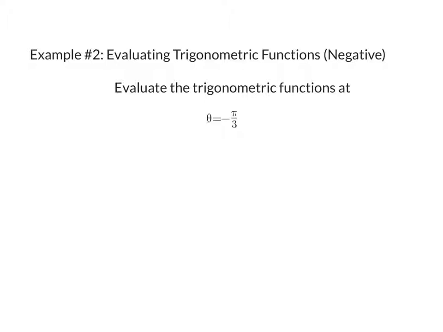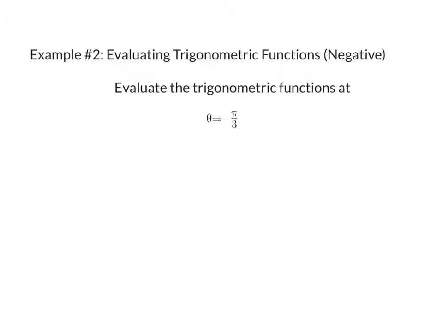So in example 2, we're going to evaluate the trigonometric functions at theta equals negative pi over 3. The only difference between this and what we were doing in our very last lesson is that this one now involves a negative radian. So in order for us to stay within the unit circle, we know that we really only talk about positive values. So what we need to do is determine what negative pi over 3 is as its